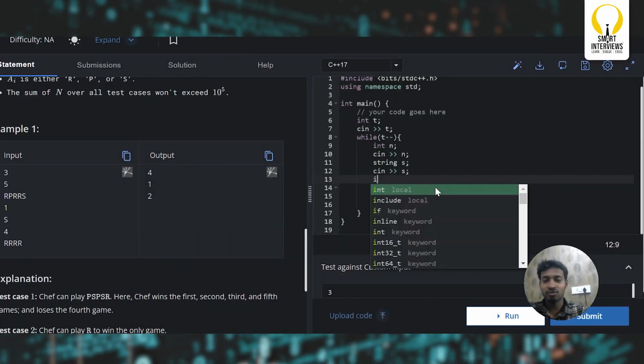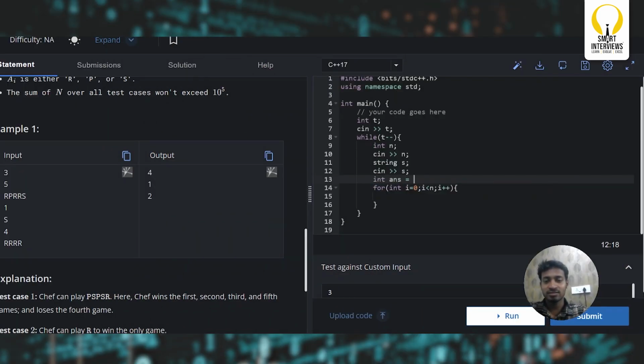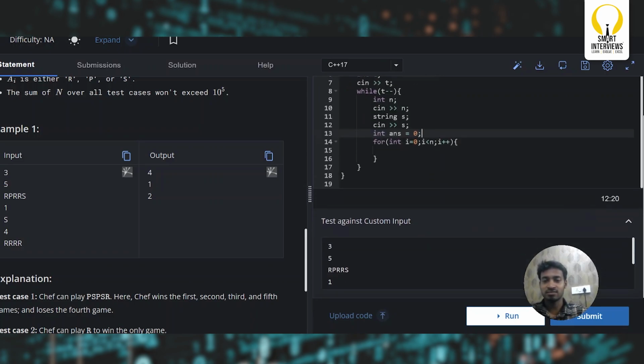So how do I go about doing it? The answer is equal to 0, and c is equal to 1. I'll start from index 1. So basically I have counted it for the element at index 0. Now what will I do? I'll simply start with